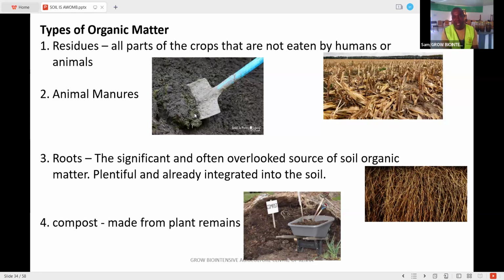But you know, there is that danger of microbes robbing nutrients from the soil as they do the work of decomposition. So yes, it is good to incorporate those materials in the soil, but it depends on whether you're planting there and then. If you incorporate these materials, like the maize stovers in this picture, it means that it will take a while before the nutrients are available. So when you put a seed, maybe maize seed, in the soil,